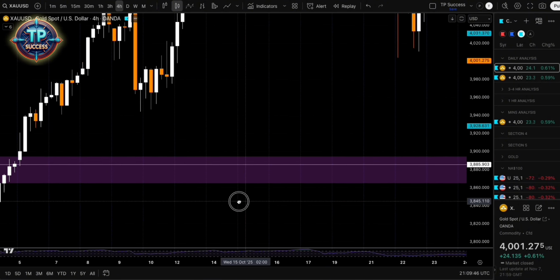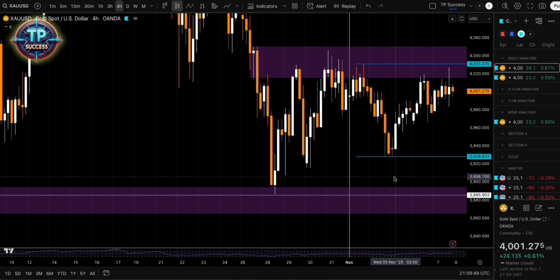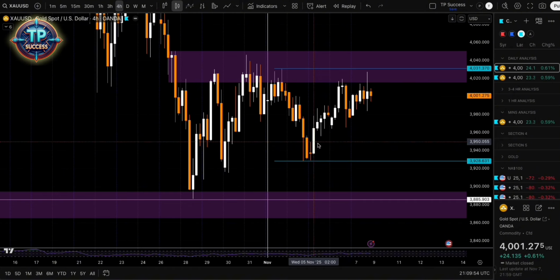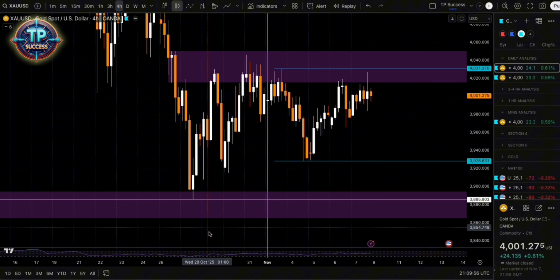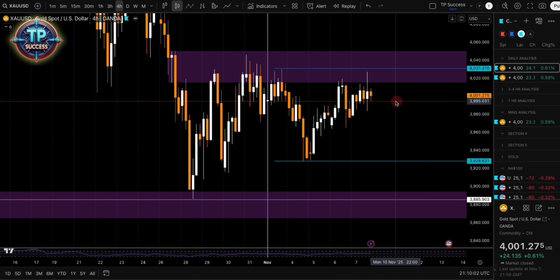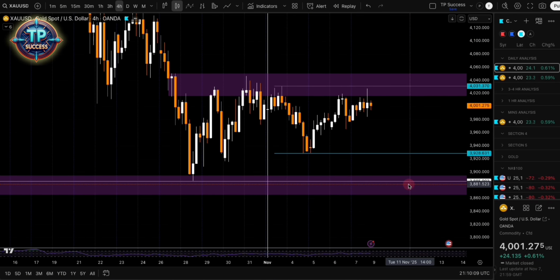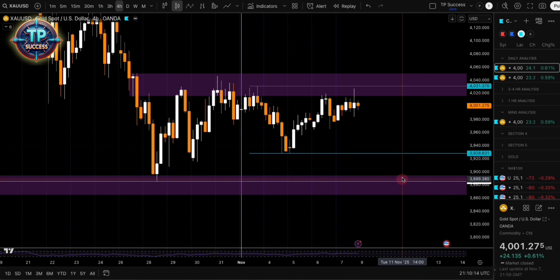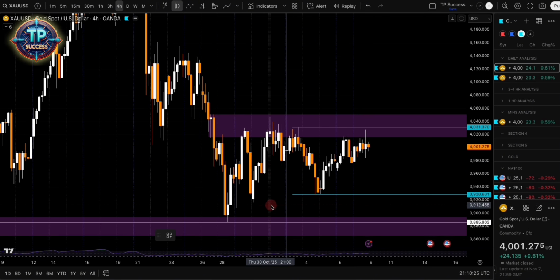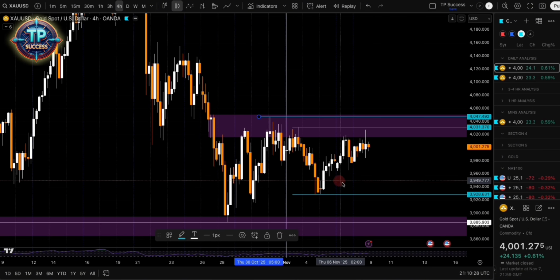So we've got our two levels locked in for what could happen for this coming week, bearing in mind the focus is in this area. This is the order block down here, and this is an order block up here. And what price does when it opens is what's going to let us know what direction we need to be facing. Now, the break of structure or change of character that we're looking for, ideally, we want it to happen either over here,